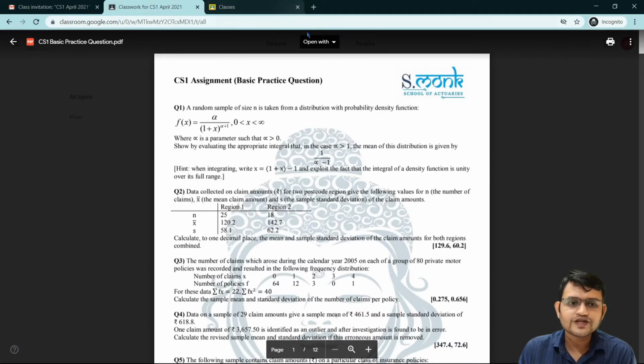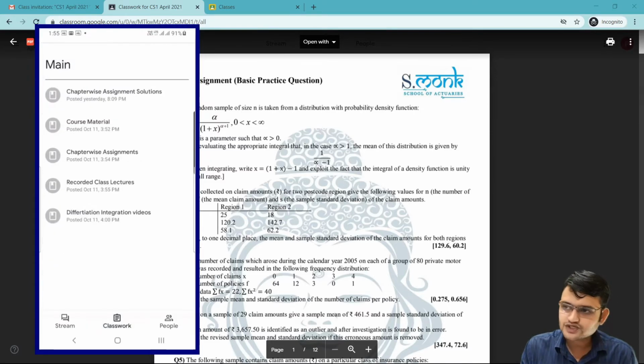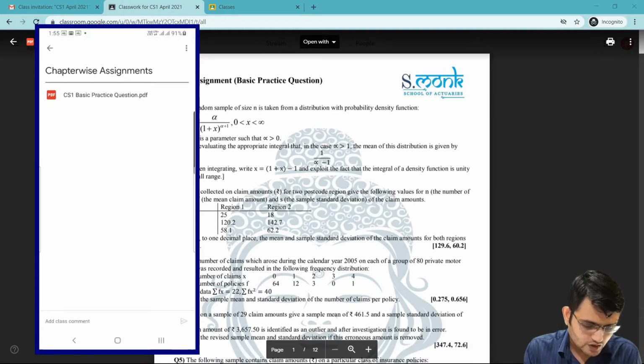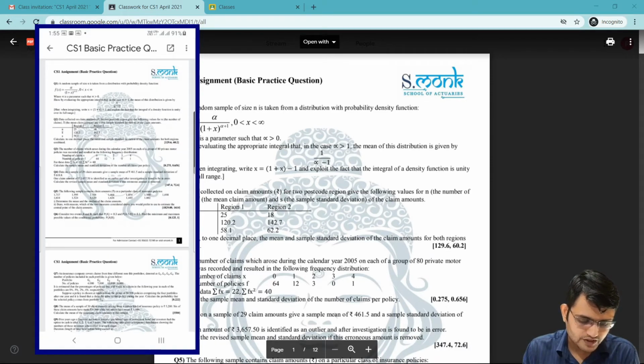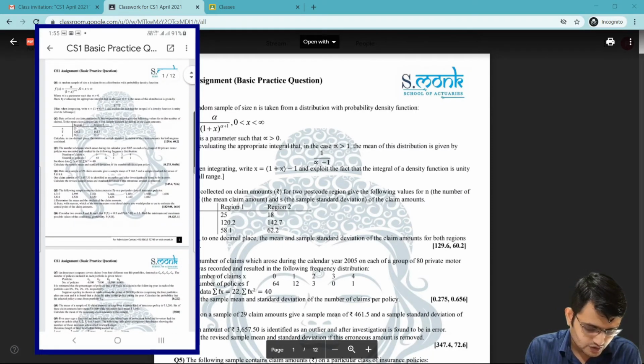You can do a very similar thing on your mobile as well. Let me show you that. On our mobile, we can go to the classwork section from the bottom. You can see the section here, and we can go to our chapter wise assignment. Click on the assignment, it will open here. But again, you cannot download it directly from here.